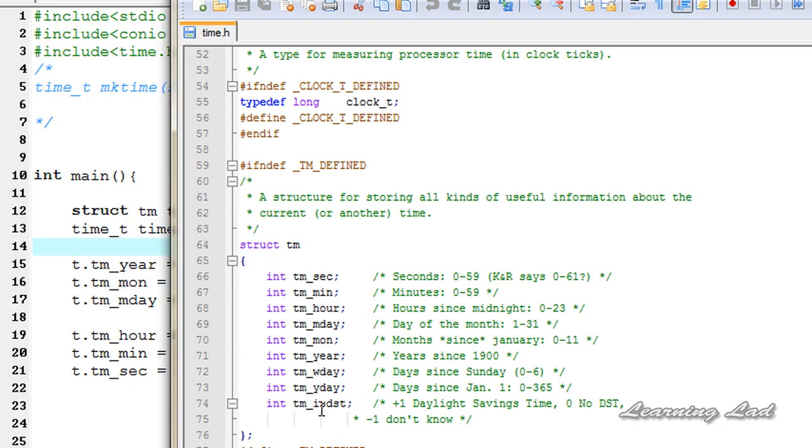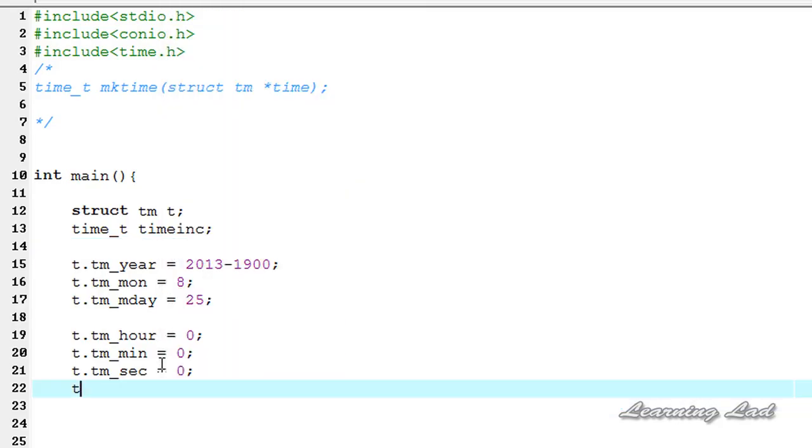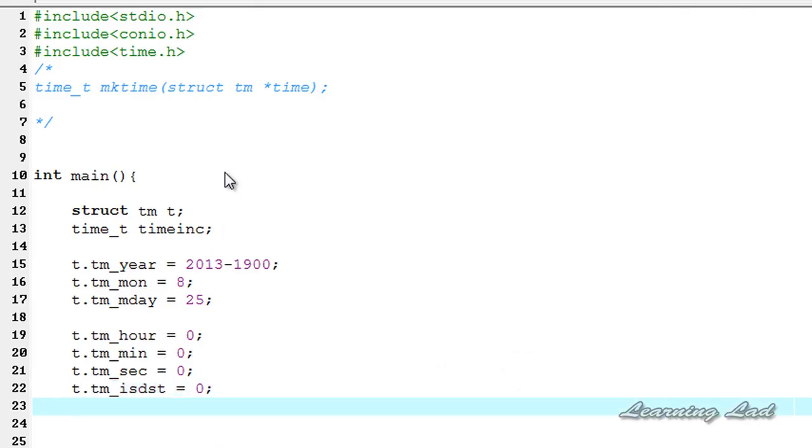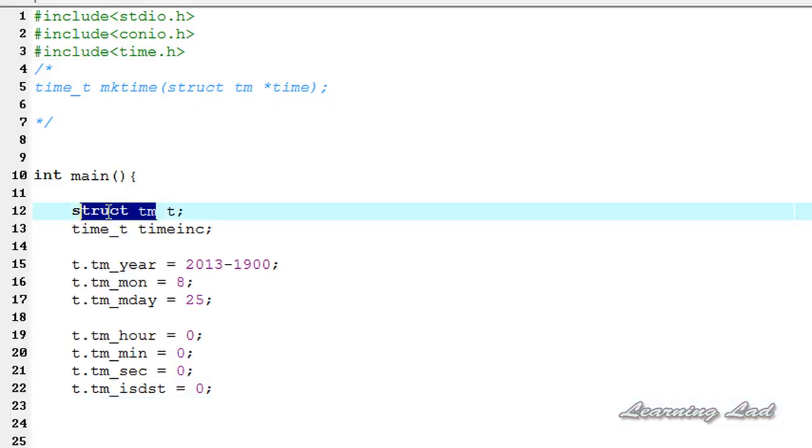And the remaining thing is this daylight saving. So I'm going to copy this one. It's going to be t dot, I'm going to paste that, equal to 0. So now we have a variable of type struct tm, and we can pass this variable to this mktime function,